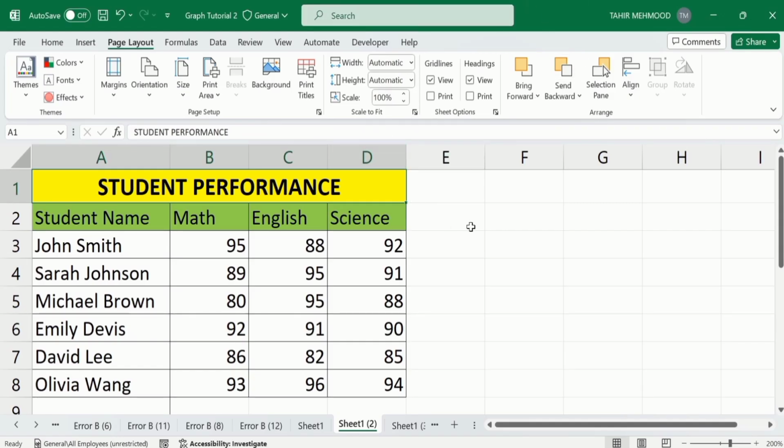Now you will learn how to apply this theme on your sheet as well, because Microsoft Excel has applied these themes on the ribbons, and Microsoft Excel did not apply this theme on our sheet. If you are interested to apply this theme on your sheet as well, you have to do a trick. Simply go to the Page Layout option,